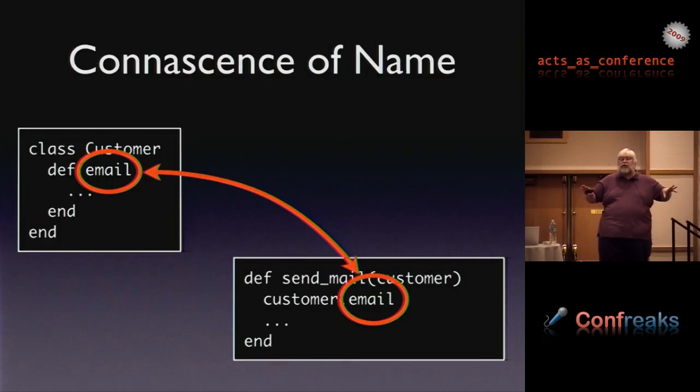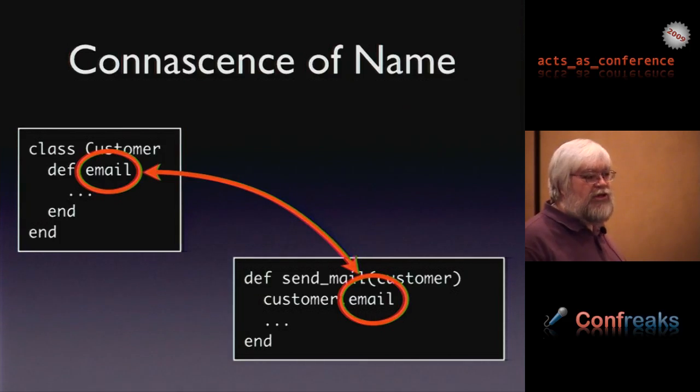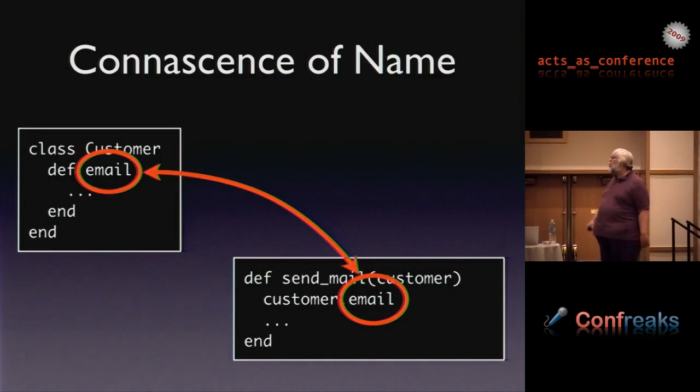We're going to go through several different kinds of kinesis. But name is probably, I don't want to use the word most, it is the least connecting of kinesis. It's probably the one kind of kinesis you're going to strive for when you're dealing with separate modules. Kinesis of name is probably better than most of the other kinds of kinesis. And we'll see that as we go along.